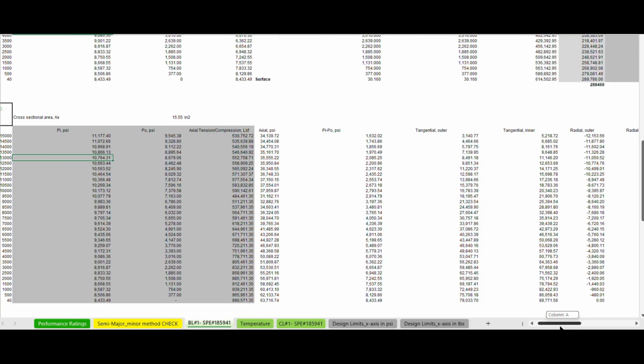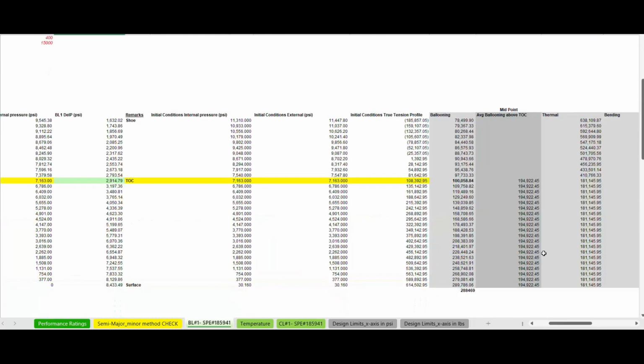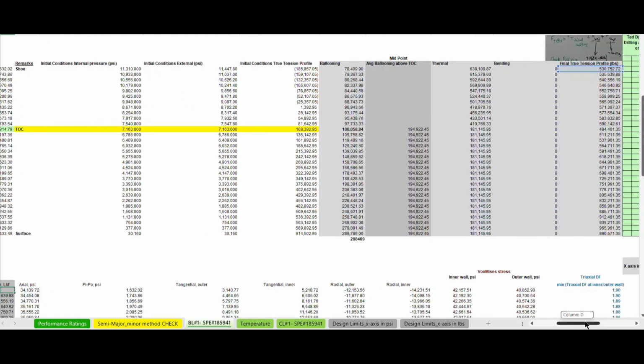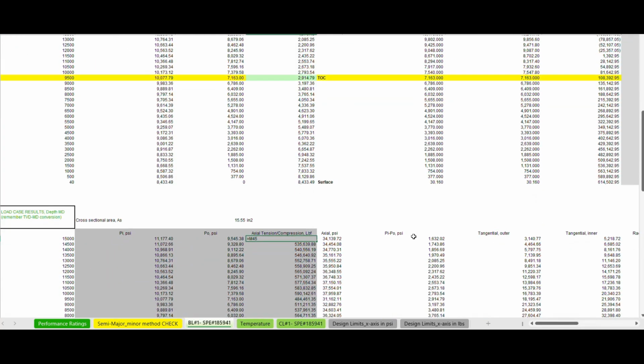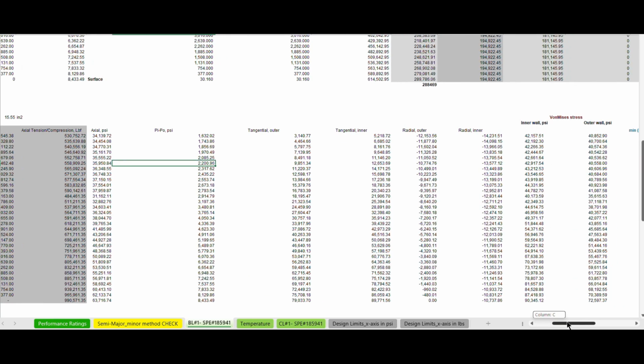So you have each TVD, and then you have the final profile, which takes the number from your final true tension profile. Then you calculate into psi. You can convert it by the cross-sectional area. You have the delta P difference, so you can calculate the three